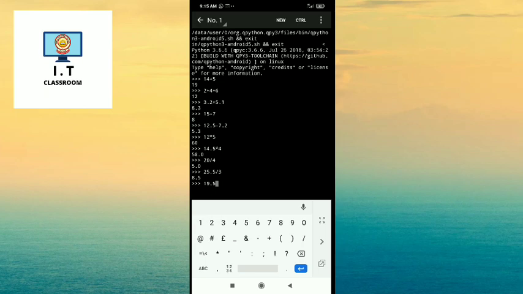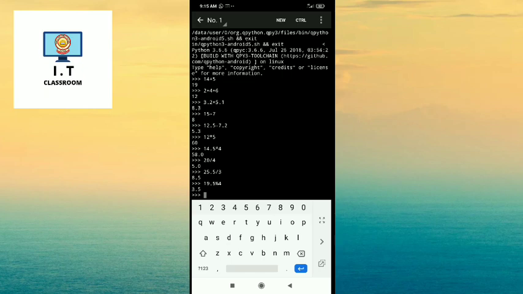Next, we will talk about multiplication operator. The multiplication symbol is used to multiply two or more numbers. In this, you have to type the following command and then press the enter key after typing each command. The product in each case will be displayed in the next line as shown here.